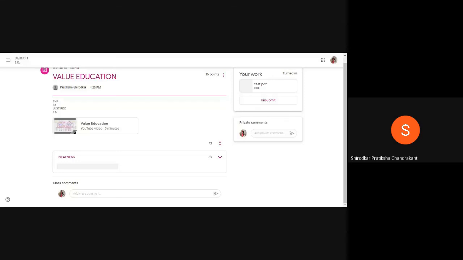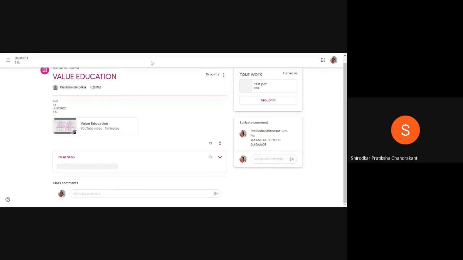Now say suppose if you want to ask the teacher a query related to the assignment that is being given to you, you can always type in like, ma'am, I need your guidance. Okay, this is a private message. This message other students will not be able to see. So this message I've typed in. So this message we can see in the teachers tab when we'll open that tab.